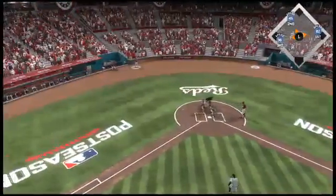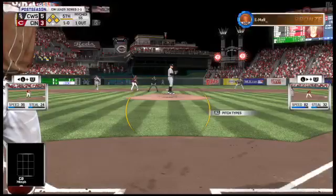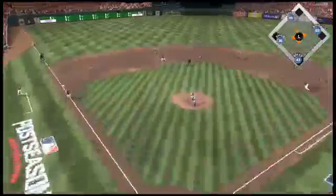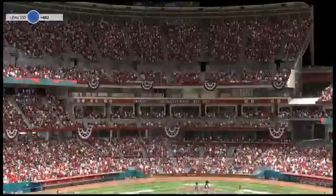And this one gets away. Good job to corral this quickly as the runners hold on. 1-0 pitch. Hot shot on the ground is short. The second for 1. The relay on to first. The double play, and the side is